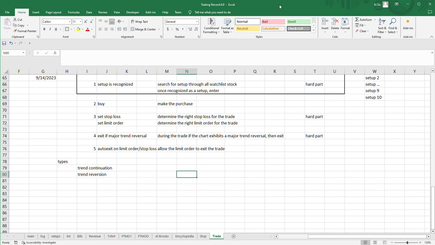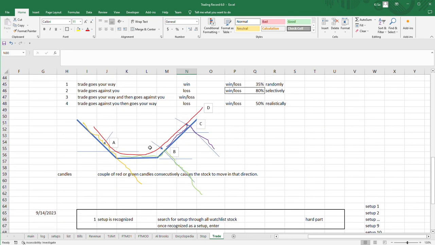Now, continuing on, there's basically just two types that I'm looking at. Okay, so as I have described before, it essentially is just like this. There's just two types. One type is it's going this way down,